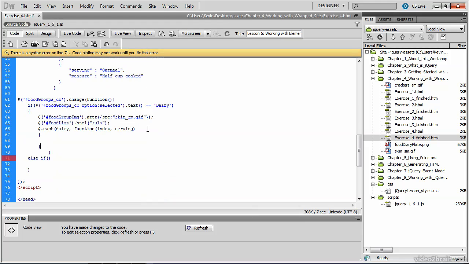Next we'll write this function. The goal of this function as it loops through the dairy variable is to add LI or list item tags to the UL tag we created here. So first we have to access the UL tag that we just created so that we can, via jQuery methods, append to that UL tag all the LI tags that are going to be created as a result of this